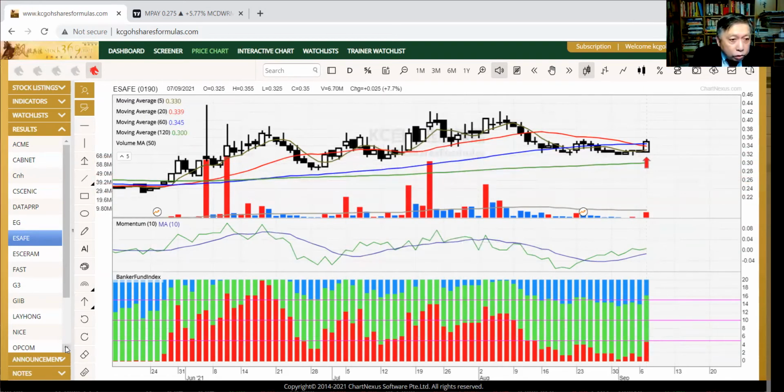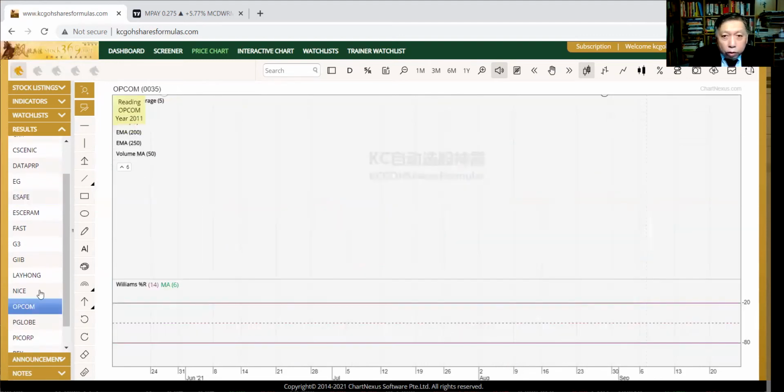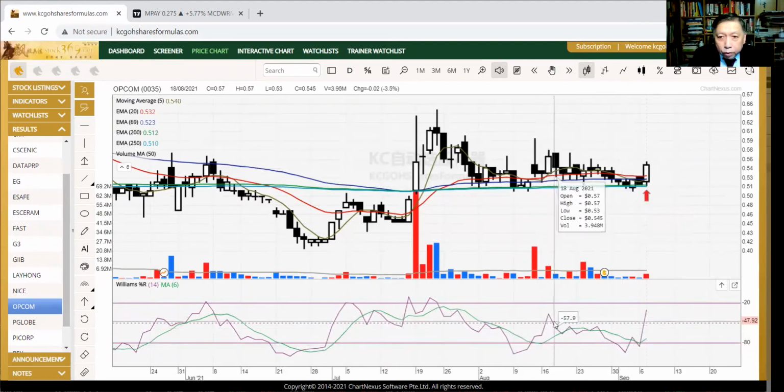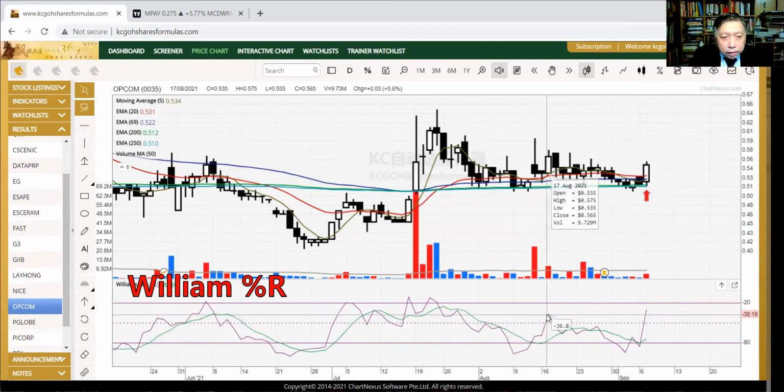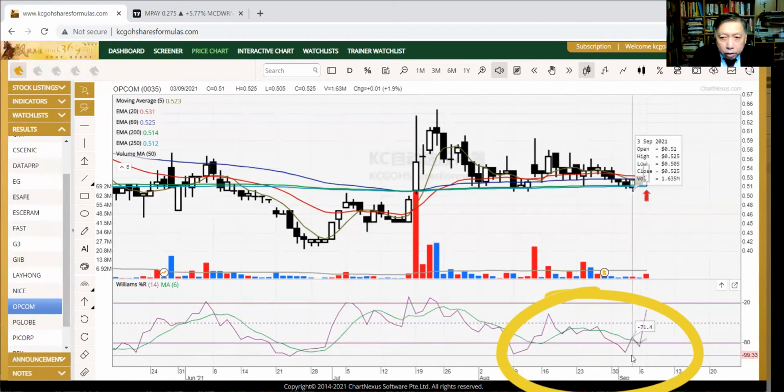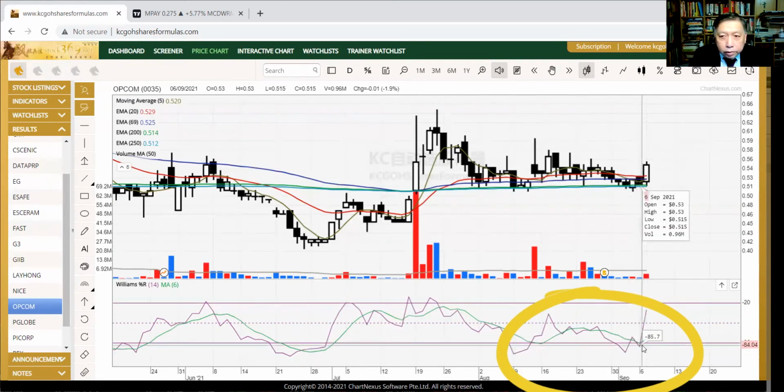The other one will be Opcom. Let me go through this stock Opcom with you. Opcom is the same thing, the setup is the same. The Williams percentage R was in a downtrend and came down to the oversold level for a few days, then now suddenly shot up. So now we can just look at the